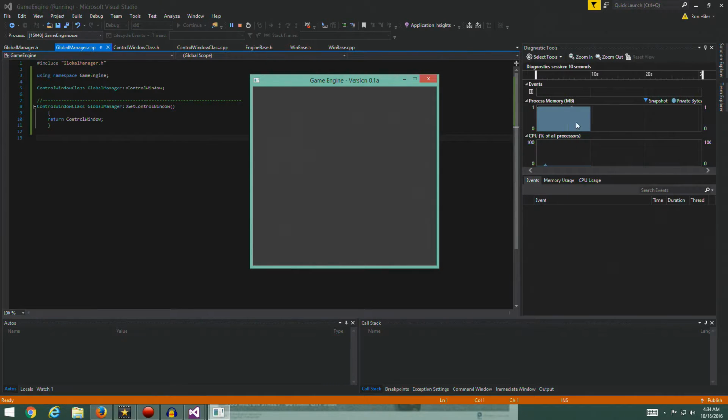Oh yeah, by the way, I was reading this wrong the other day. Again, this is the result of me being away from the compiler for a while. This is time along this axis, so there's no building up of memory. It's sitting at 1 megabyte for the program, the vast majority of which is going to be the stack, because we really haven't allocated a whole lot of memory. And you can see the CPU is sitting at 0%,